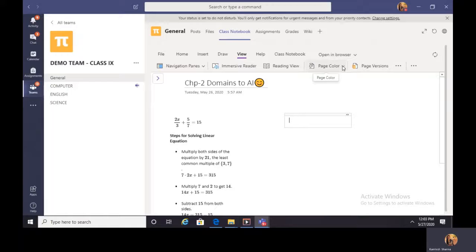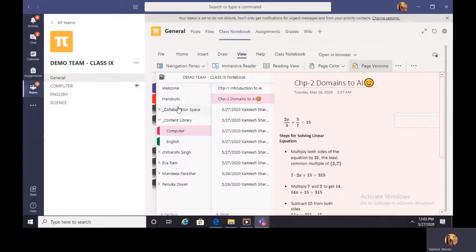Now the next thing to notice here is page color. You have the option of changing your page color as per your requirement. Now this is the page version. This is quite an interesting feature of Class Notebook and very much useful when it comes to the collaboration space.